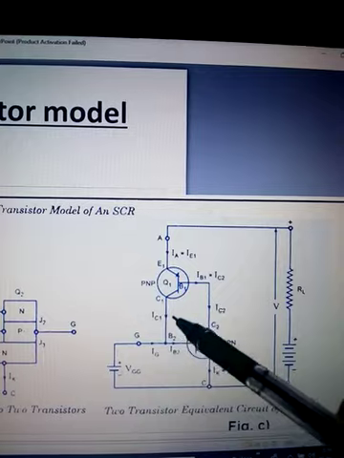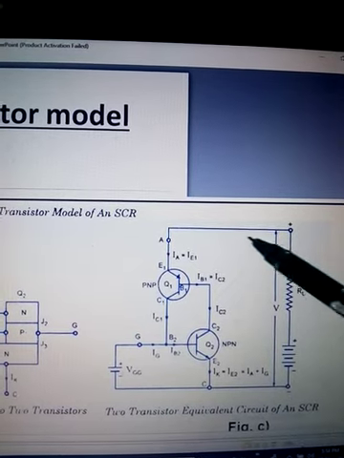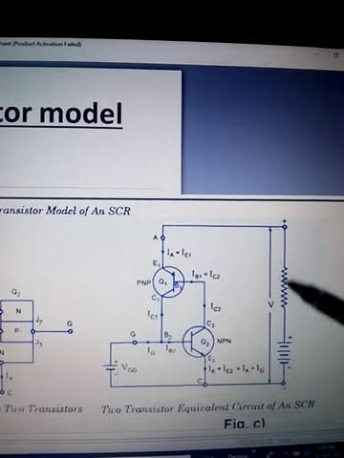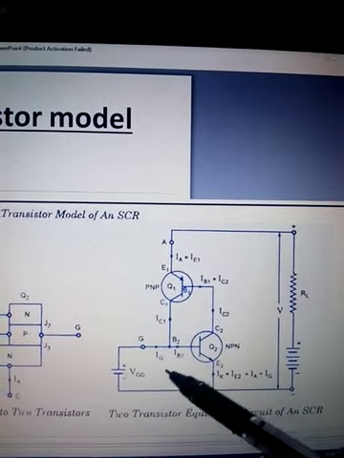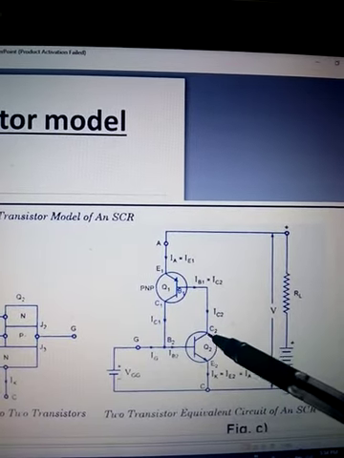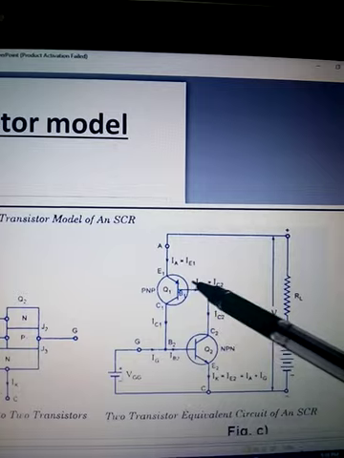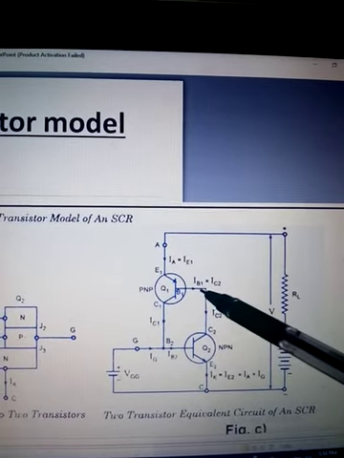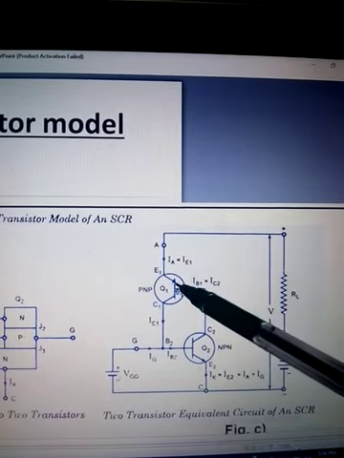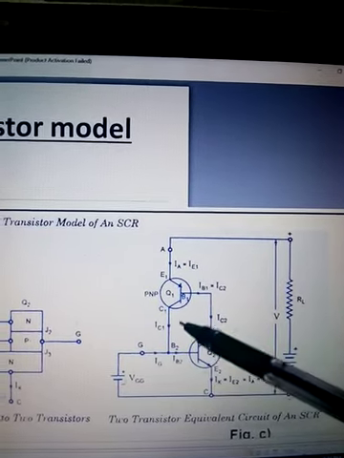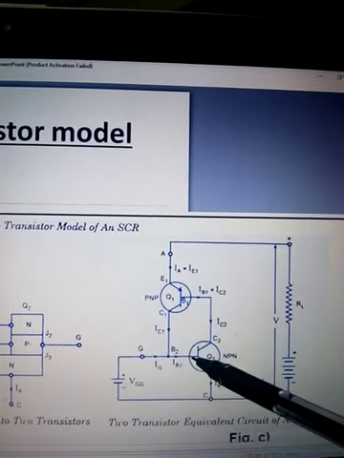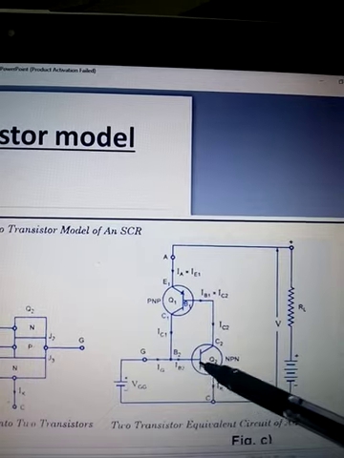Now collector current of this will increase. This collector current flows through the base of this one. See, this base current will cause this collector current. This collector current is again base current. When this base current increases, this collector current also will increase. When this collector current increases, it has to pass through the base of this, so this base current will increase.